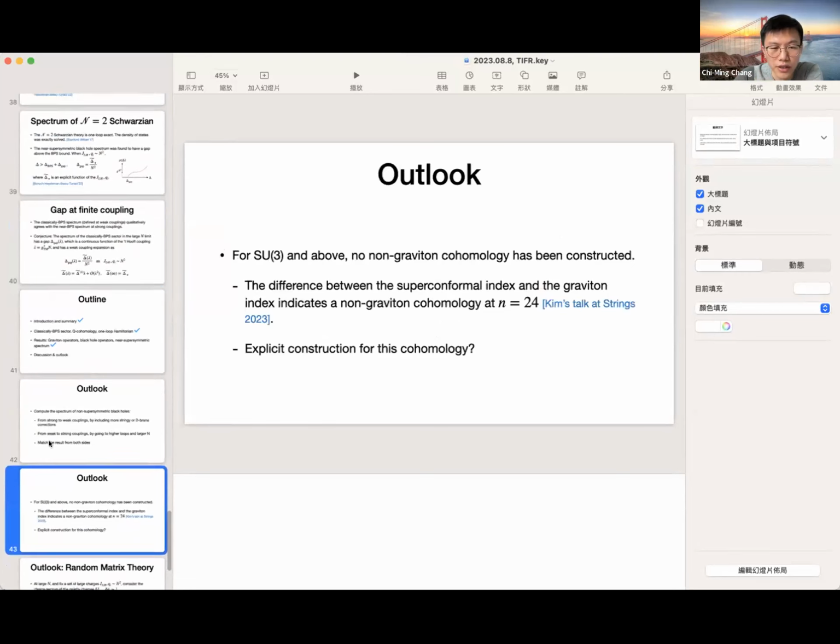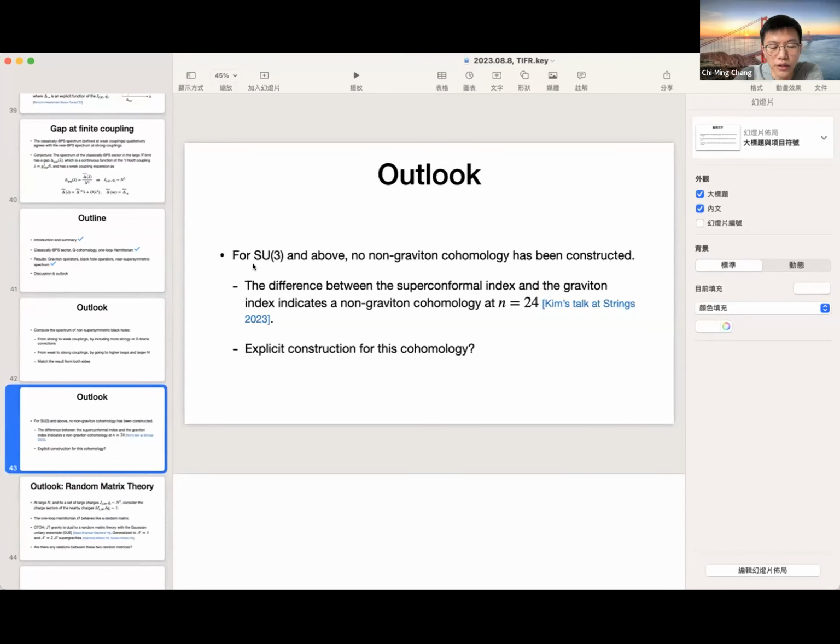Another direction is that, right now, the new cohomologies I showed you, the non-graviton cohomologies, are all in the SU(2) case. For SU(2) and above, so far no non-graviton cohomology has been constructed. So